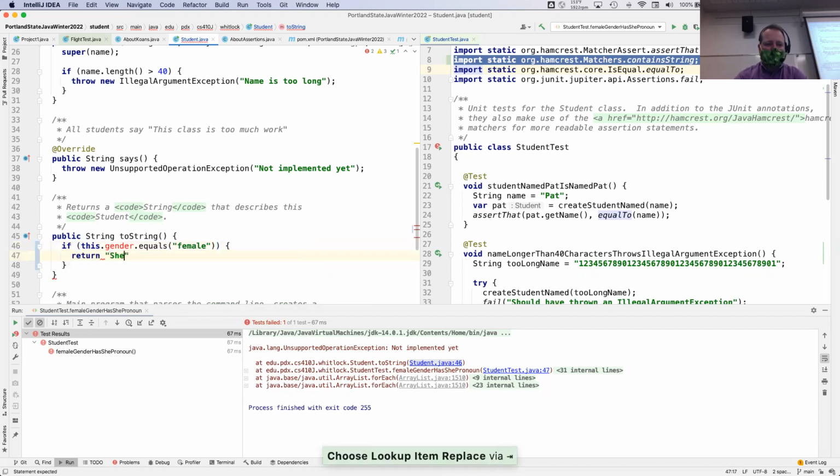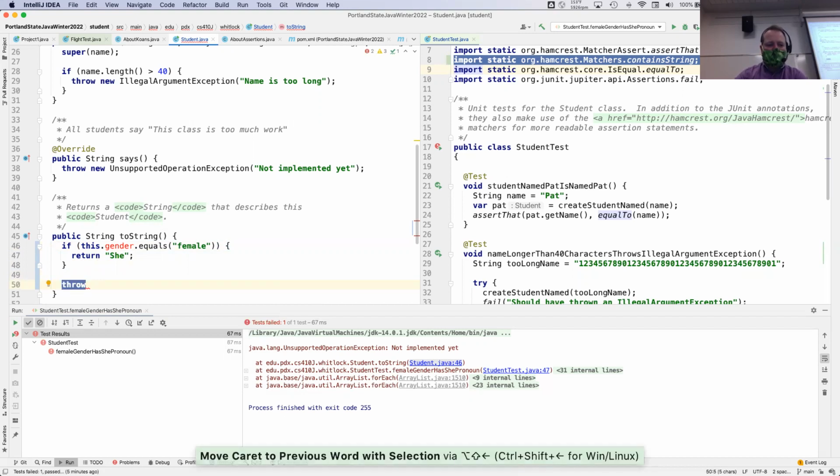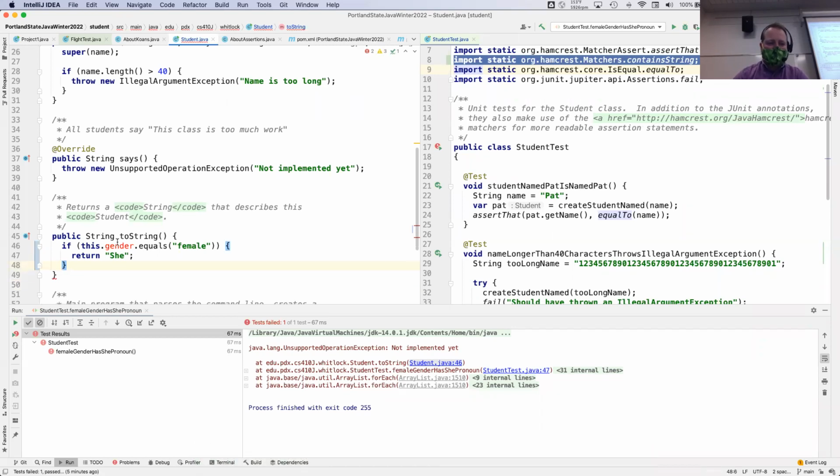then return she. Okay. IntelliJ is telling me a couple of things here because I'm seeing red, and red's not bad. It just means that there's more work to be done. So first of all, it's underlining this right here, which is saying missing return statement. Okay. Let me get back to that. Let's go to this one first. This dot gender. Well, it's complaining that there is cannot resolve symbol gender